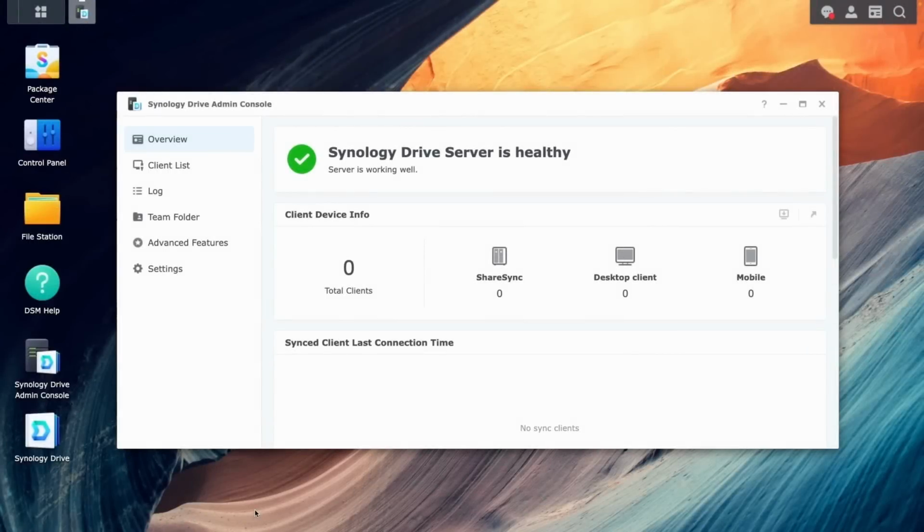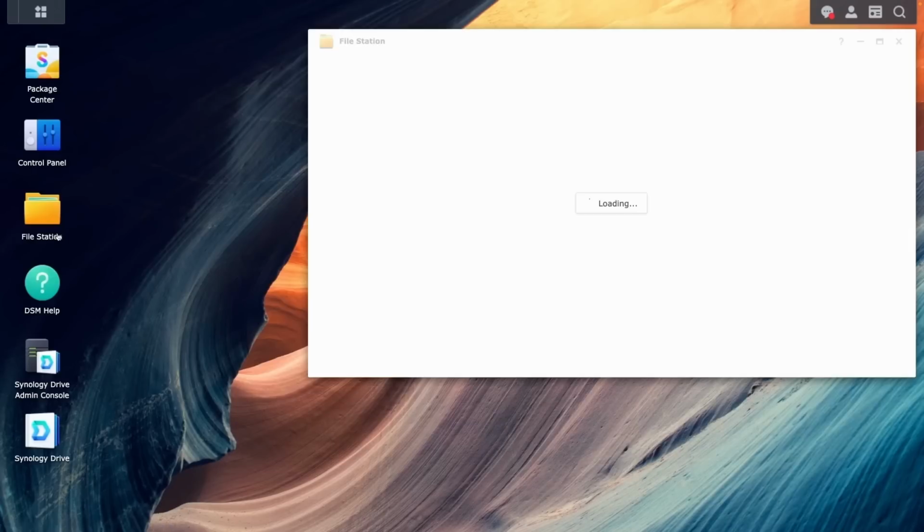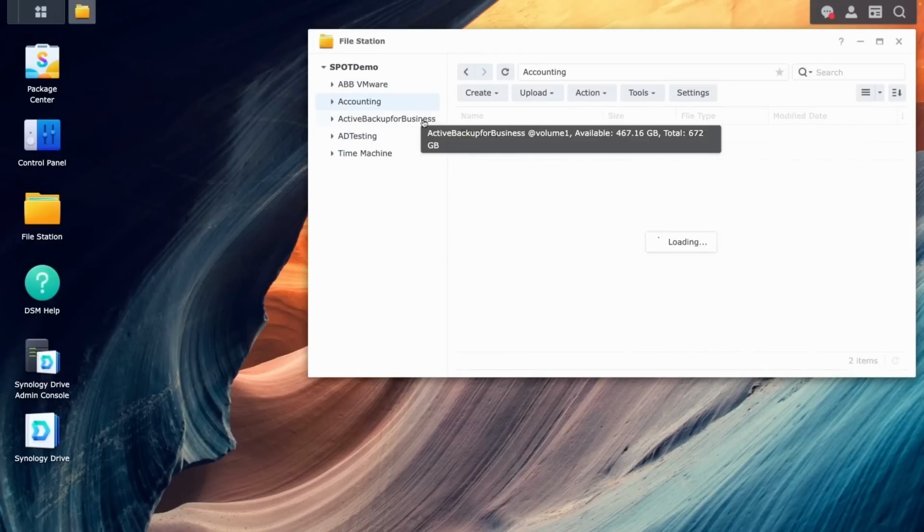So on our main Synology NAS, we're going to begin setting up our Synology Drive environment so we can utilize our macOS devices with Synology Drive itself. Now to do so, we're going to open up our Synology Drive admin console you see here and go down to Team Folders. Now Team Folders is going to be where you enable your normal shared folders as Synology Drive enabled folders as well. So we have an accounting shared folder, for example, that is enabled in this environment. So now we can sync against this shared folder that has been enabled as a team folder in Synology Drive.